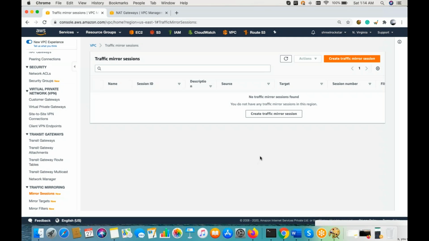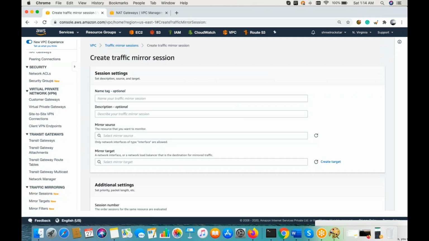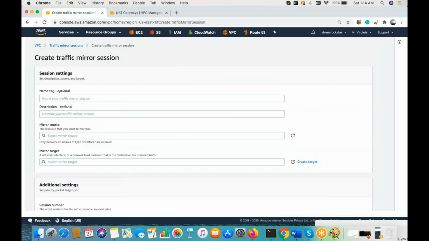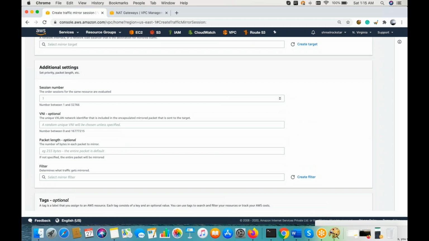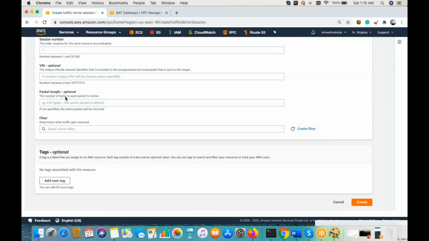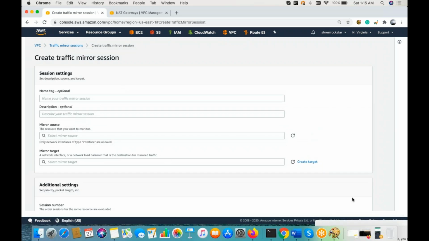Mirror session is something, guys, where you can do traffic mirroring: what exactly is going on with the resources, what the targets are, and what the failing packet length is, optional, right? And you can define your filter information.